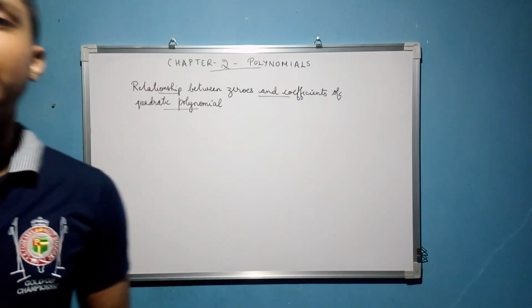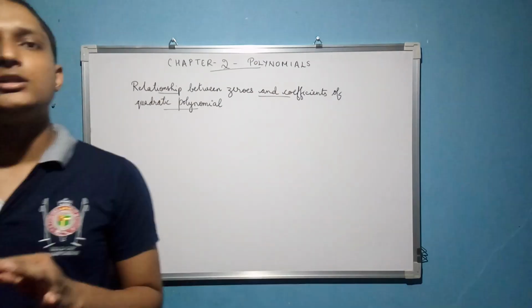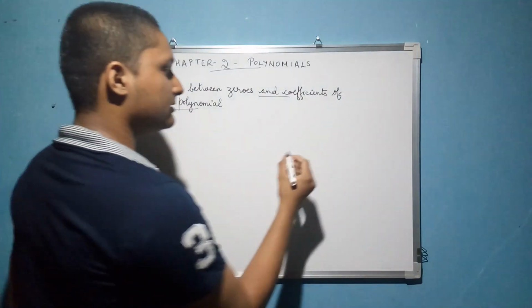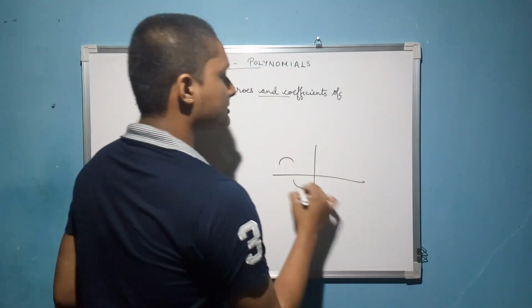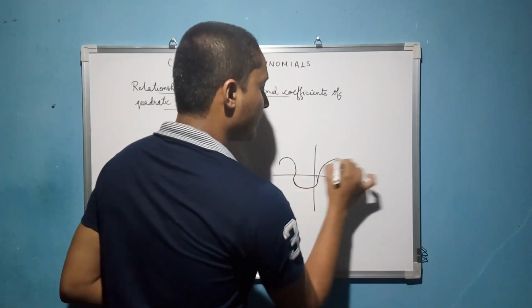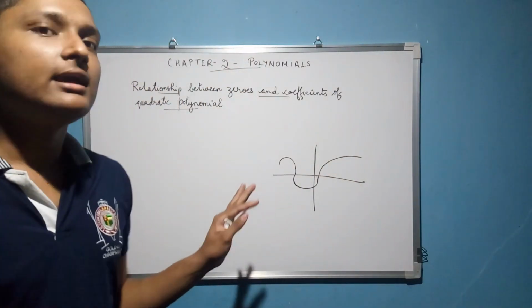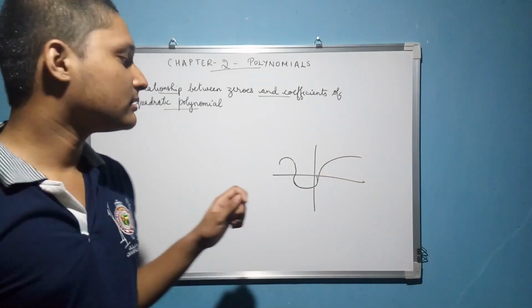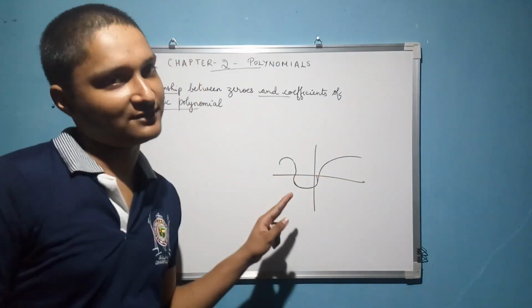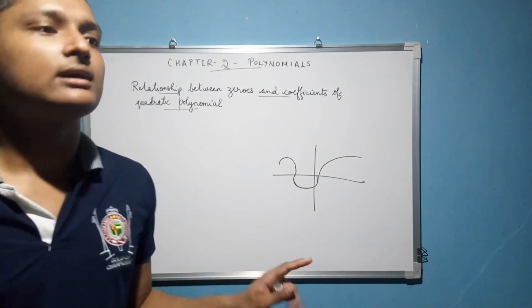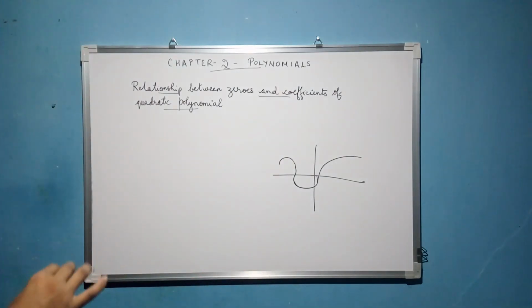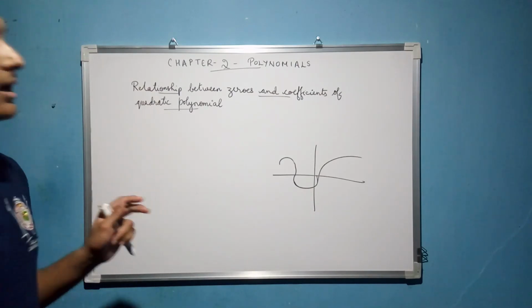Before moving on to the next topic, you need to just do your exercise 2.1. In exercise 2.1, you have questions similar to some graph. Graph represents the polynomial. In that, you need to find the number of zeros, right? In that, the number of times the graph touches the x-axis gives the number of zeros. That's it. That's why I'm going to skip that exercise and move on to the next important part, that is